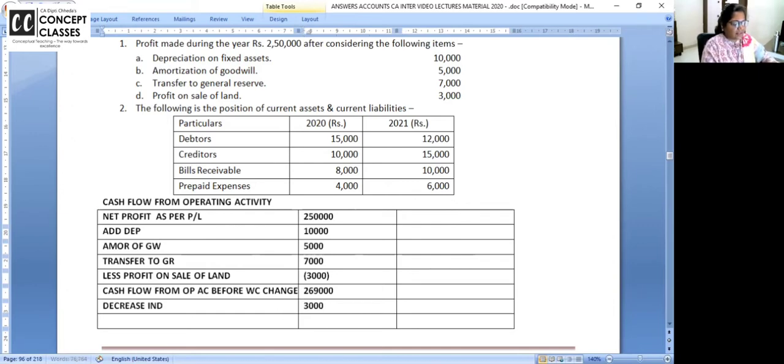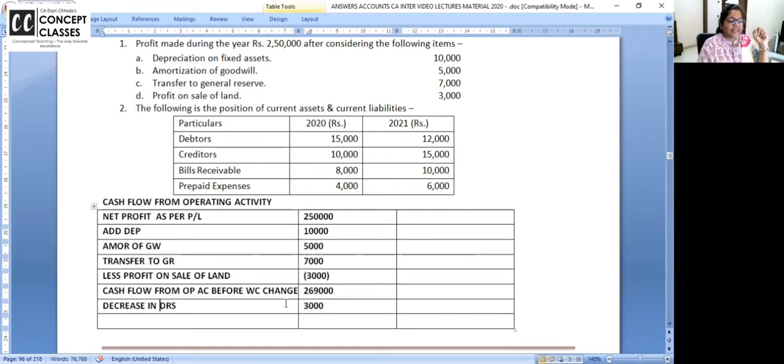Decrease in debtors. Debtors were 15, now they are 12. So debtors in cash ho gaye, paise aa gaye. Yes. And you already have the sale figure. And if you take, I have shown you there in the working note, if you have the sale figure and if you take the opening, closing, indirectly you are taking collection from debtors.